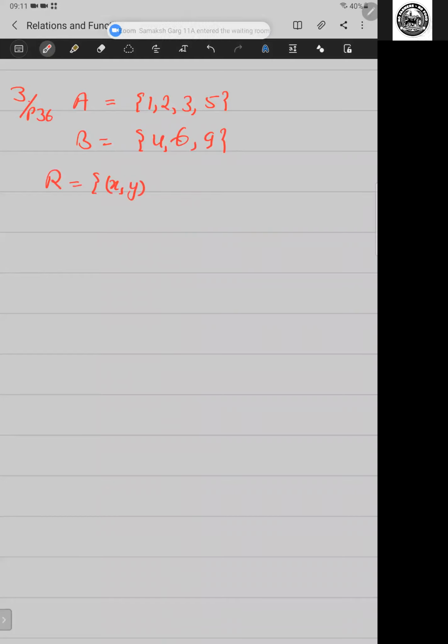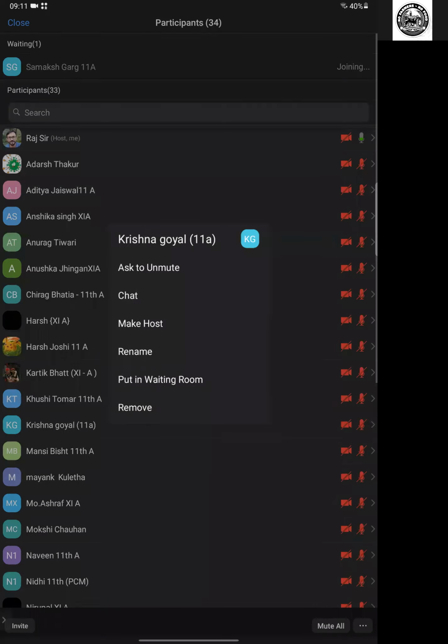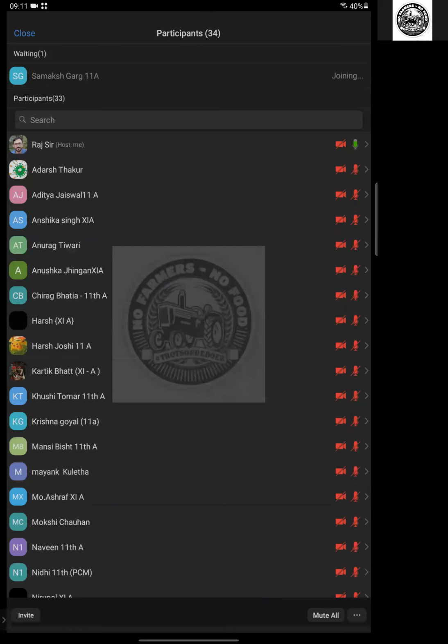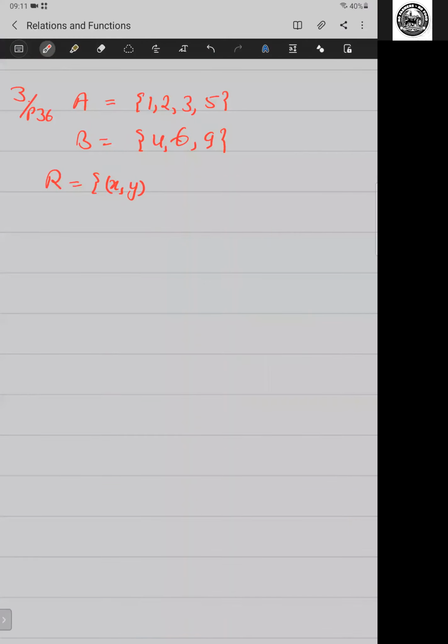The difference between x and y must be odd. So the difference between x and y must be odd means... now let us write the relation in the roster form. So R,